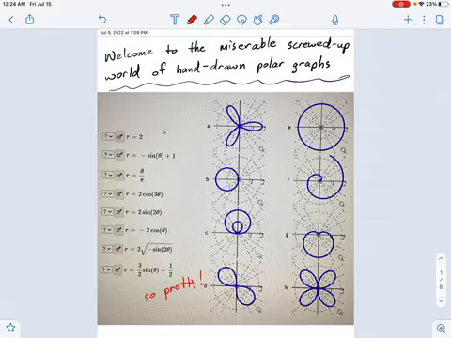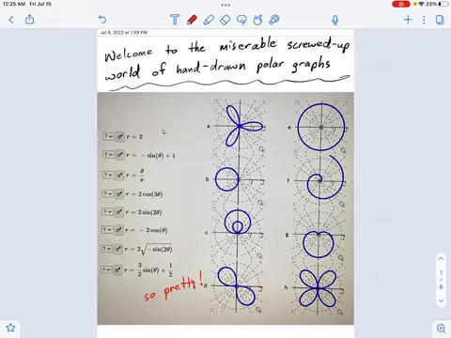Like, I don't know, r equals 2, right? That's a circle. We know that if theta doesn't matter and r is constant, you're going to carve out a circle. That's nice. And this is kind of cool, this spiral thing over here. That kind of makes sense if you think about r equals theta, where the bigger theta gets, as theta goes around, r gets bigger and bigger, so that makes a spiral. That's kind of neat, I'll admit it.